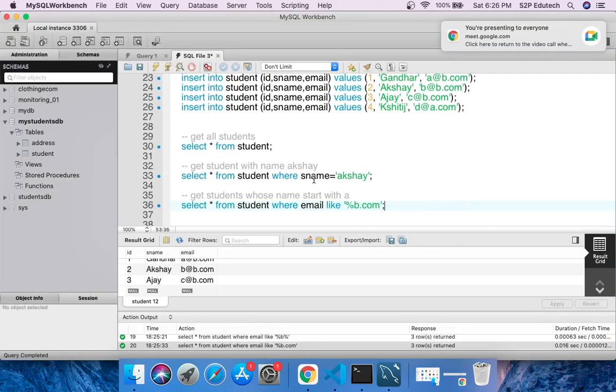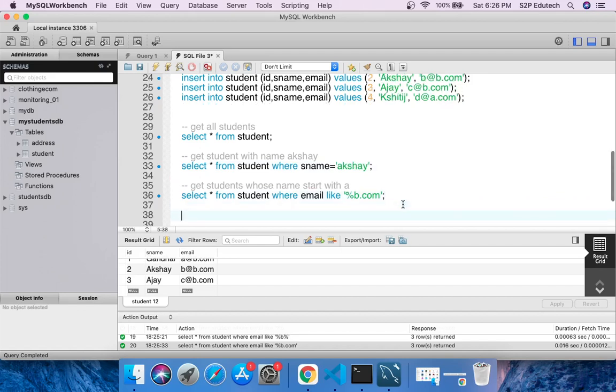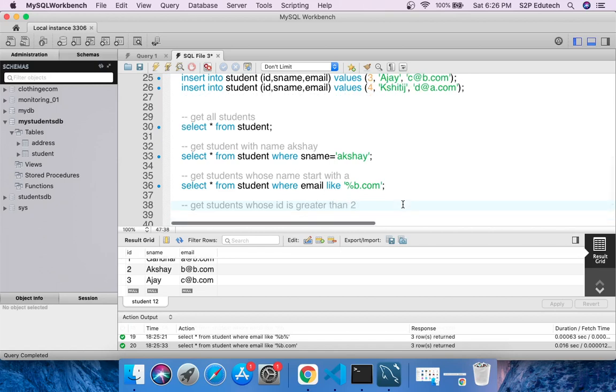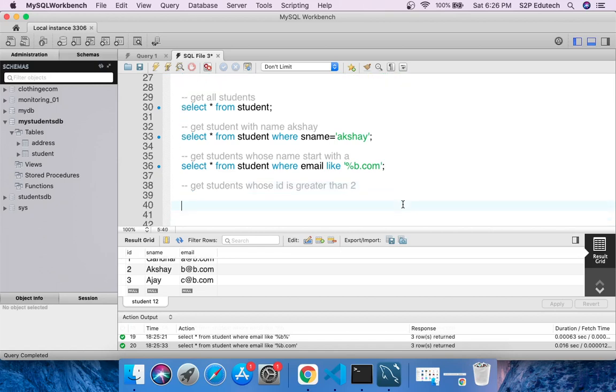Right, so we understood the where clause. We understood the difference between equals to and like, and we understood what is the job of this percentage. Now let's say I ask you to get students whose ID is greater than 2.